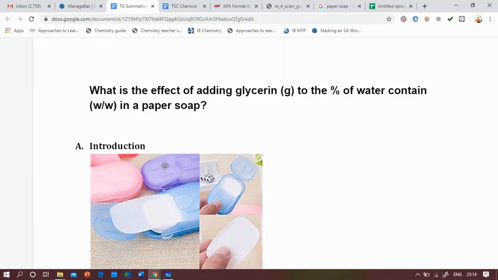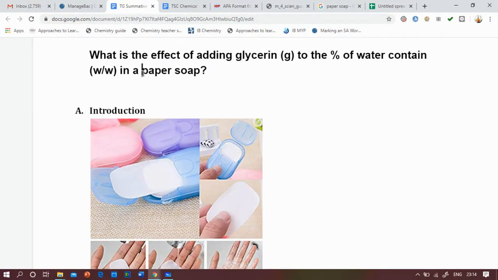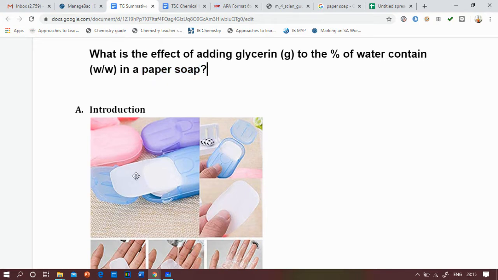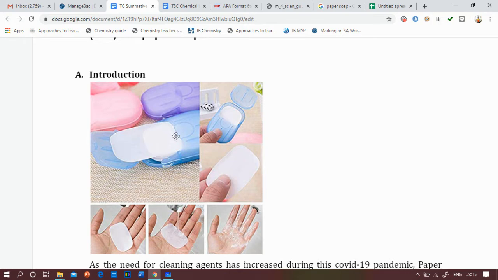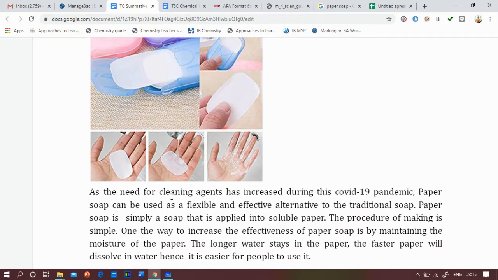One of the problems with paper soap is, well, it's not really a problem, but we can improve the paper soap by increasing the water content in the paper. If you have more water in there, it's easier to dilute it with running water, and it's going to be more effective and faster.